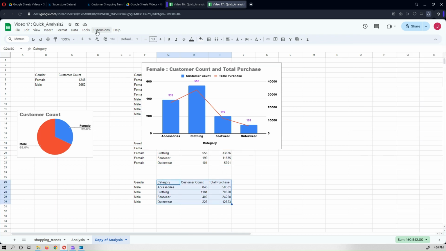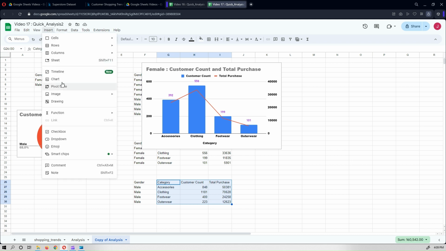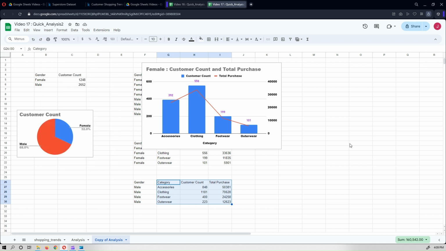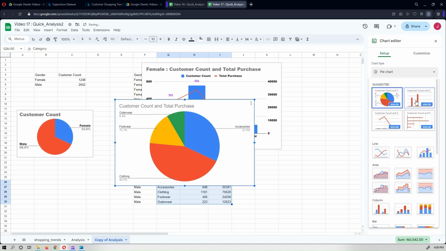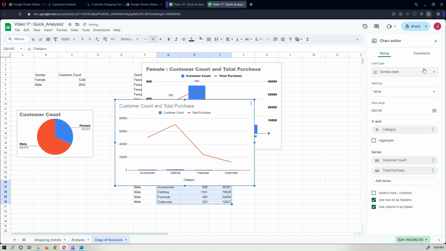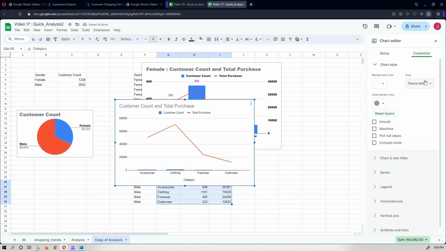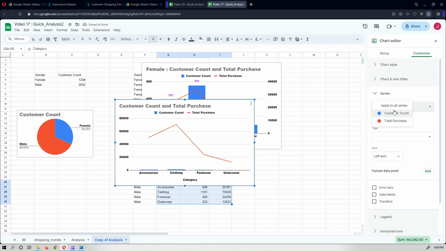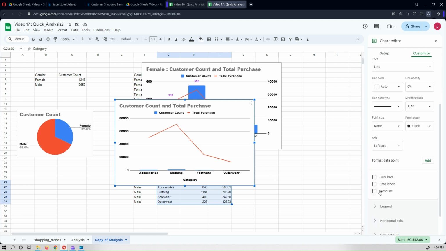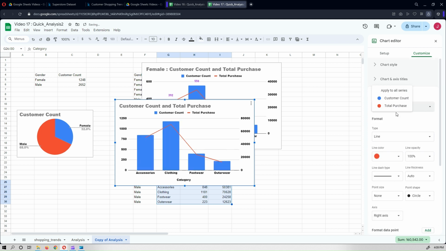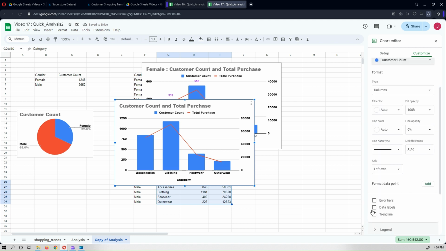Similarly, you can create a chart for male. So insert chart. Again, I'll select this. Okay, and then go to customize chart style, white, series, total purchase, right axis, and then for customer count, you just add data label, and then